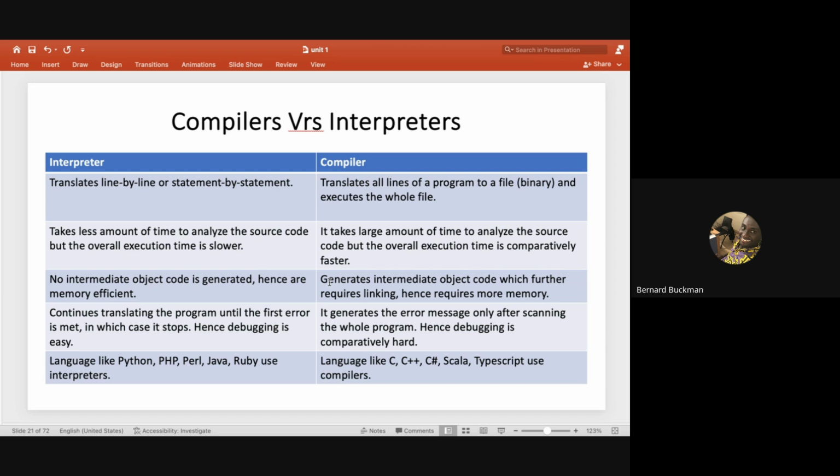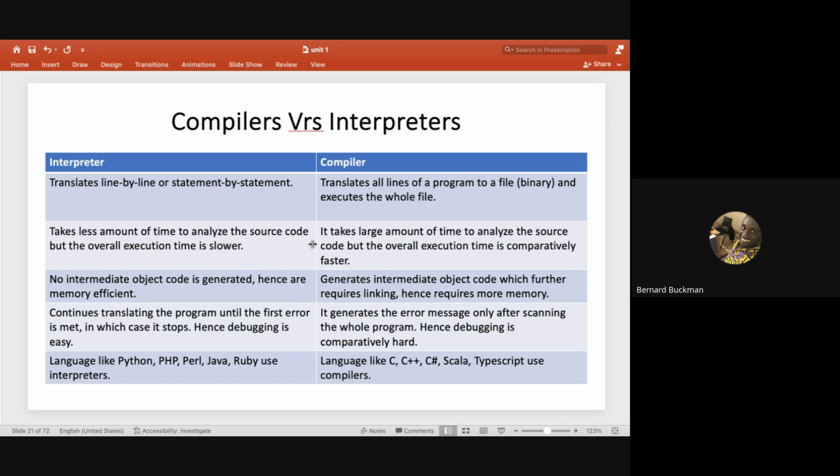So an interpreter is different from a compiler because an interpreter translates the statements line by line, just like your pastor and the translator in your church. When the pastor says one line, the translator will translate that one line. That example is called an interpreter. For the compiler, the pastor will read his whole sermon, and then the translator will translate the entire sermon into zeros and ones for you.